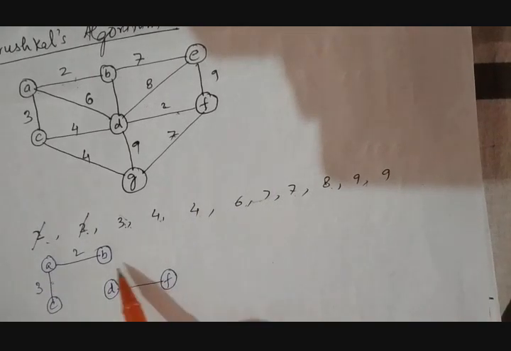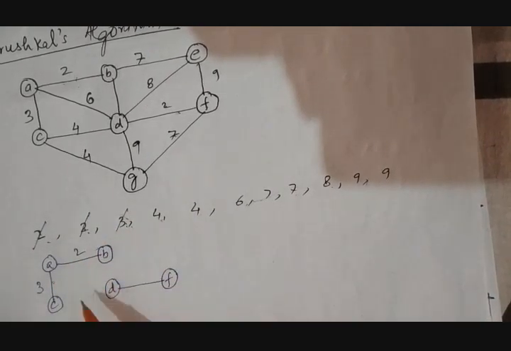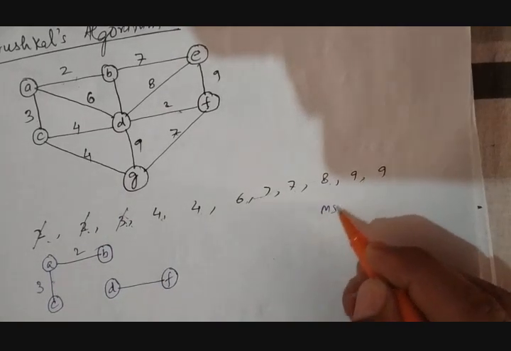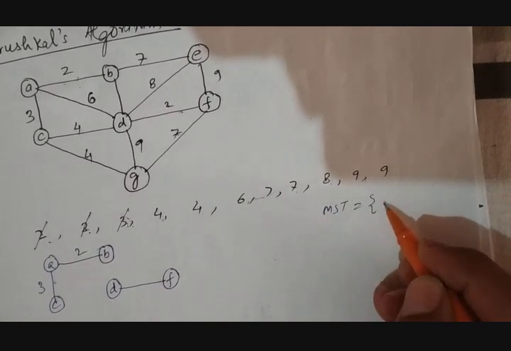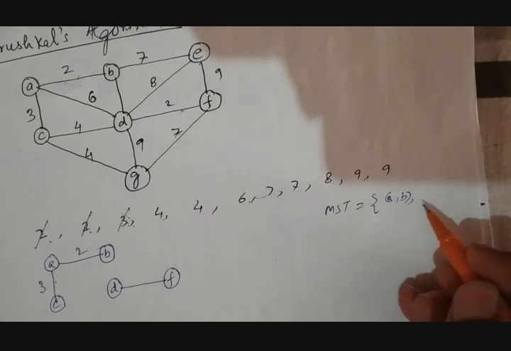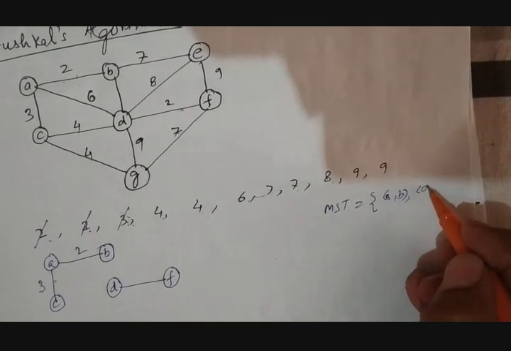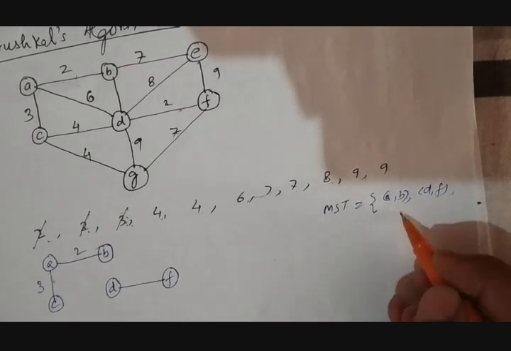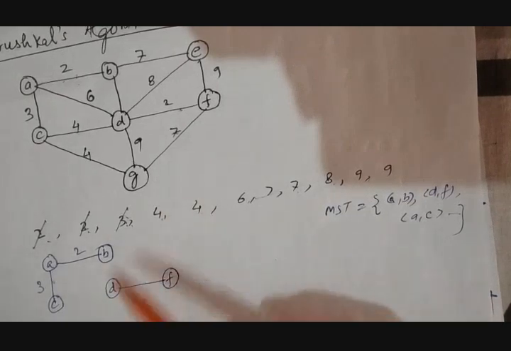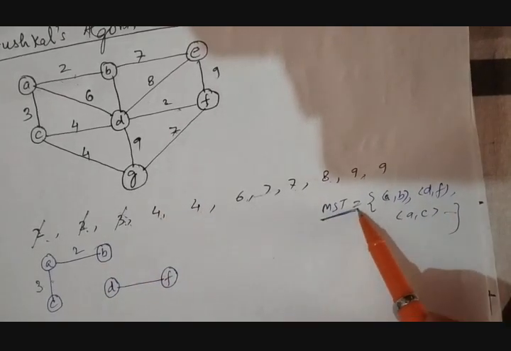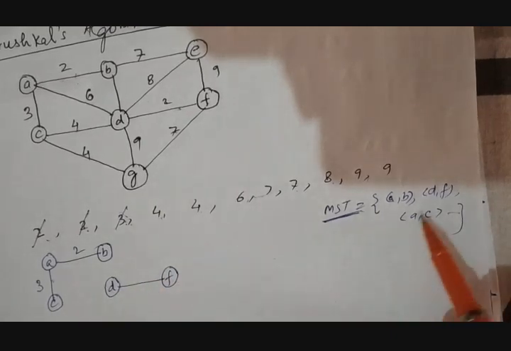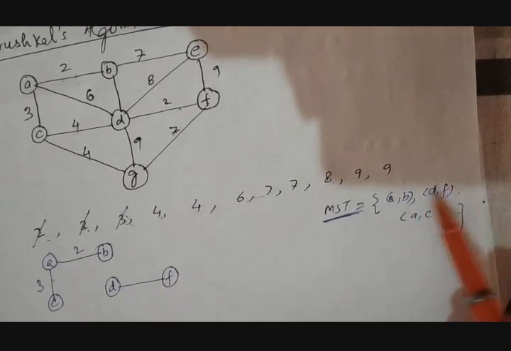So basically what we are doing is selecting these edges in the minimum spanning tree set. First we considered AB, then DF, then AC and so on. Each edge will be added to this set when it is not making a loop. If it is making a loop, then it will be deleted and not added in this set.